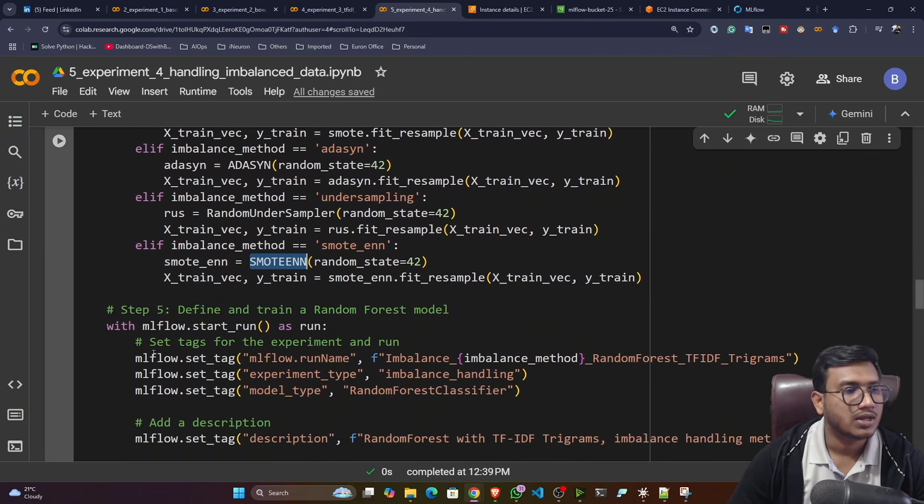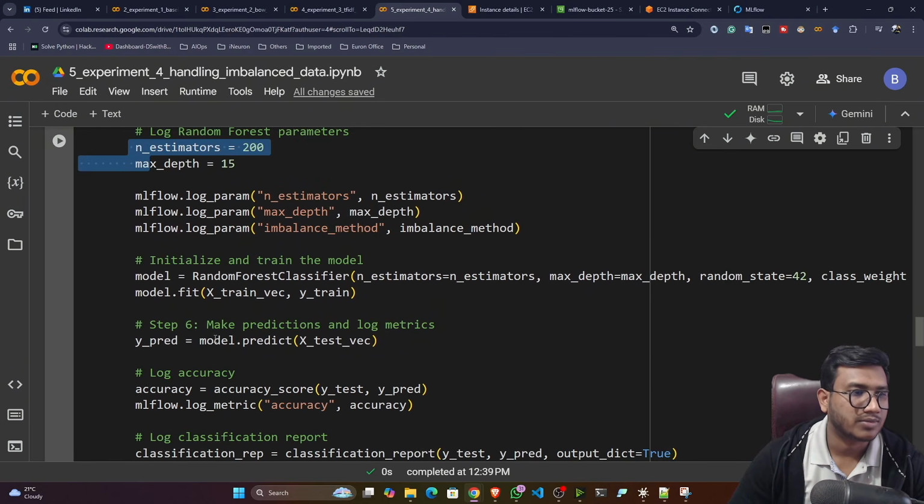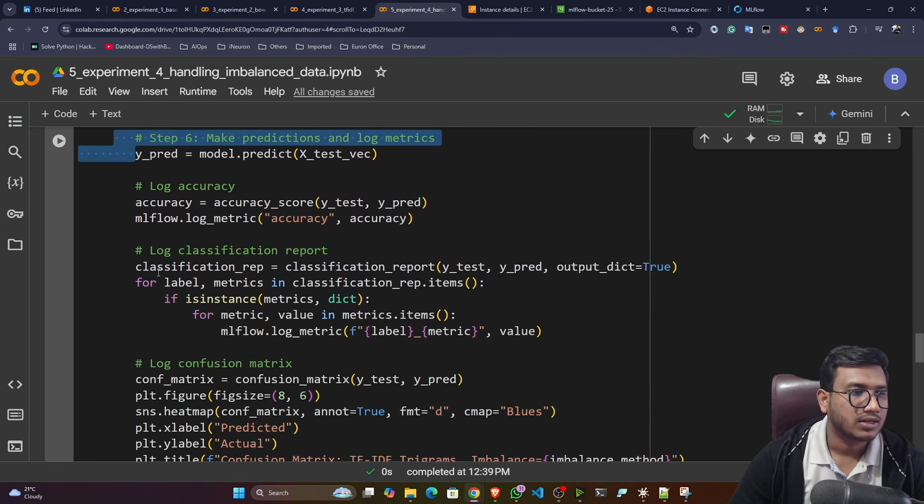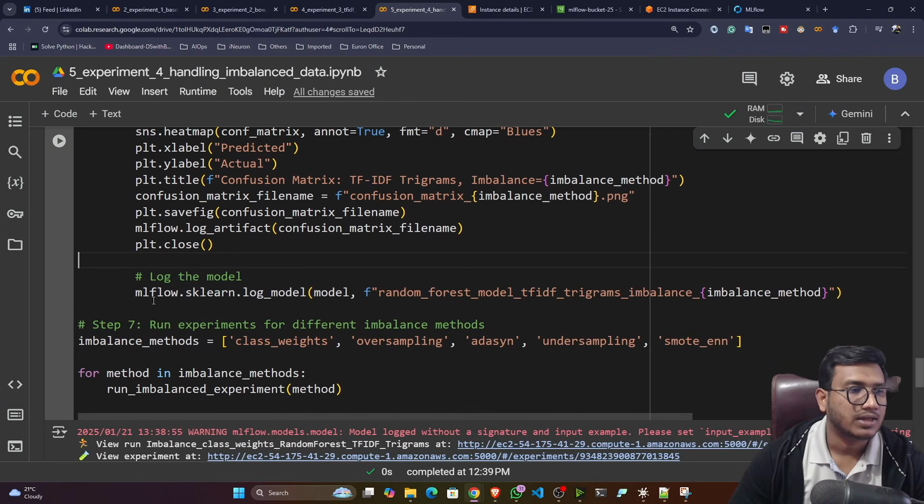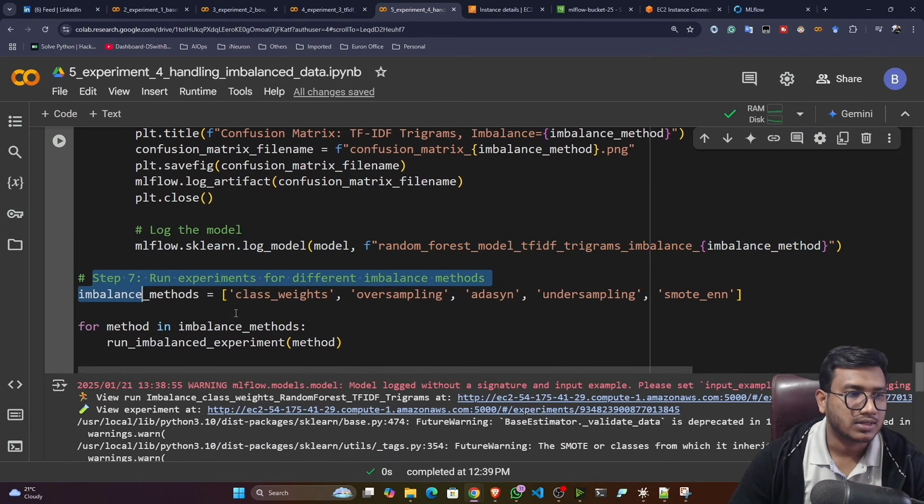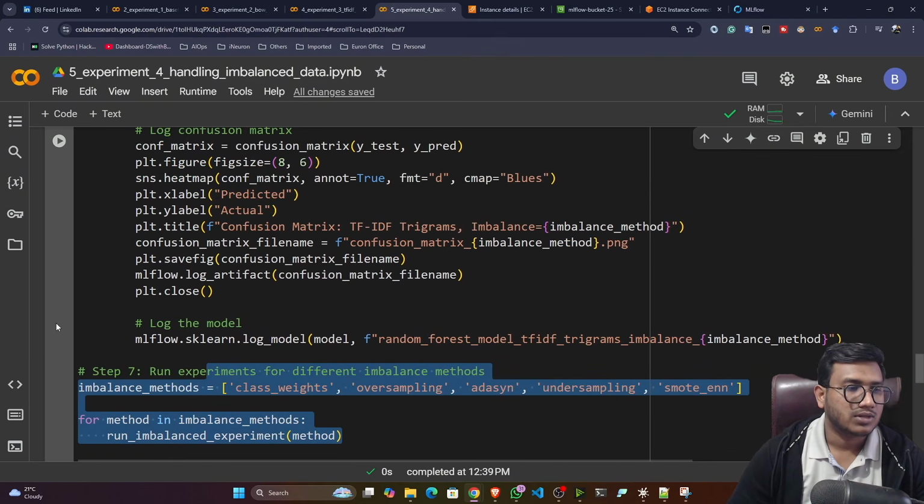Okay, so SMOTEENN and SMOTE are different things. Okay, don't be confused. Now here I'm again logging all the MLflow logs. Then this is my model, random forest model, predicting, then classification report. Okay, and here I'm storing in the artifact, as well as saving as a PNG file, and I'm logging the model. Then here are the imbalance methods: class weight, oversampling, ADASYN, undersampling, SMOTEENN. So here I've written a for loop. So this will loop through this particular list, and it will take one by one. That means 1, 2, 3, 4, 5. Okay, 5 times your experiment will run. Okay, 5 runs it will try to create. So let's try to see